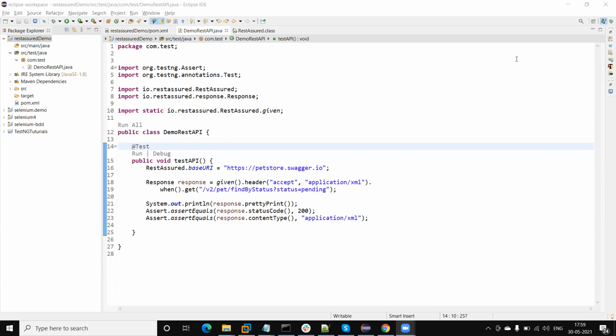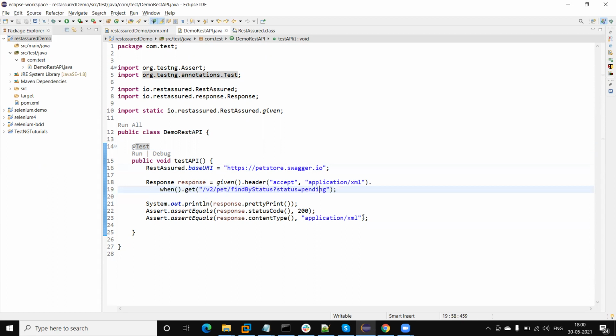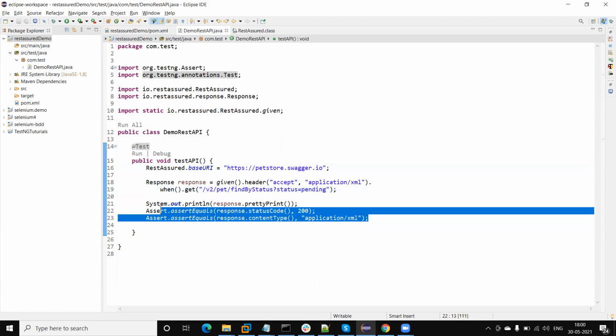You can see one simple example here, where I am using the Pet Store API, which is an open source API. I am taking the reference from here, sending the get request with status equal to pending, reading the data and verifying the asserts for status code as well as the content type.